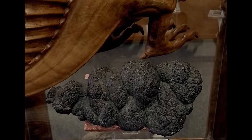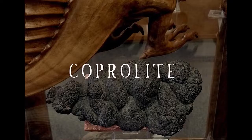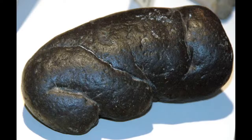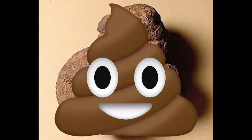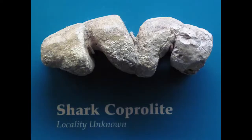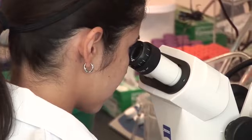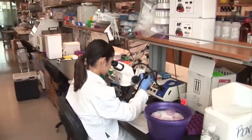Yes, that's exactly what it looks like. Coprolite is the fancy scientific name for fossilized poop. It comes in many forms, from cow pie to the quintessential turd shape to the good old-fashioned poop emoji. As silly as it seems, scientists can actually learn a lot from studying the fossilized dung of an extinct animal. When we look at it under a microscope or run chemical tests on it, we can tell what that animal